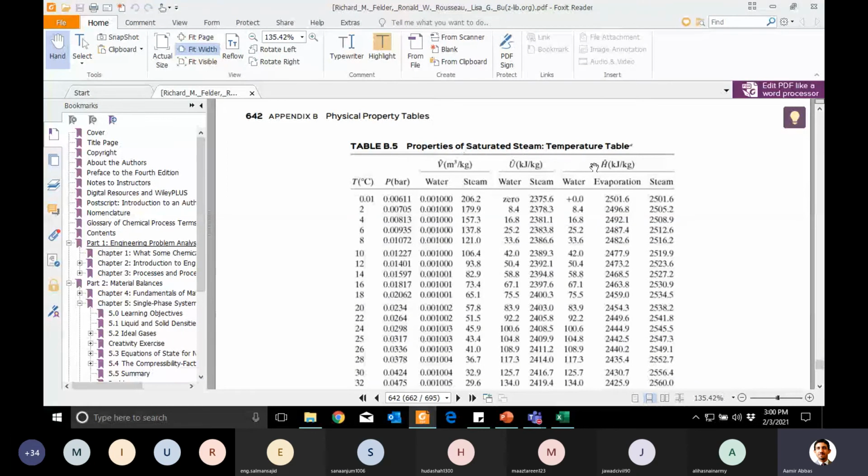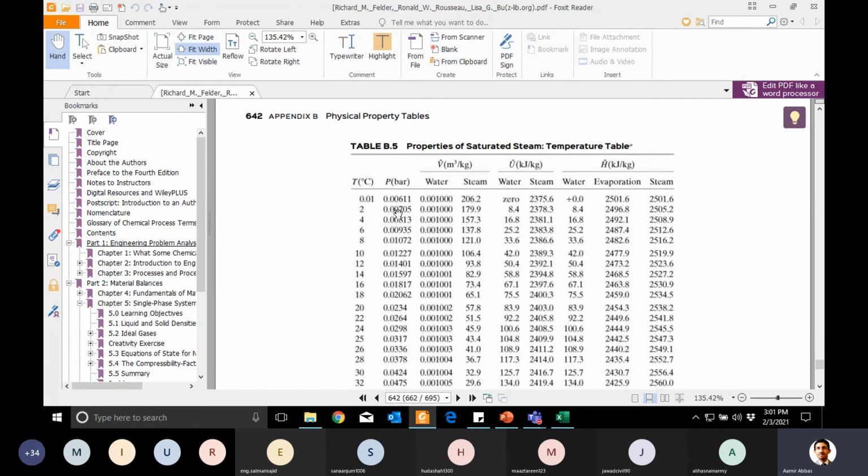properties of saturated steam or temperature table. This is one table in which you can see, if you look at the temperature scale in the first column, that temperature is just increasing with a specific interval of 2, like 2, 4, 6, 8, and so on. Okay. So this is about the saturation condition, and with this temperature, there is always a saturation pressure given,